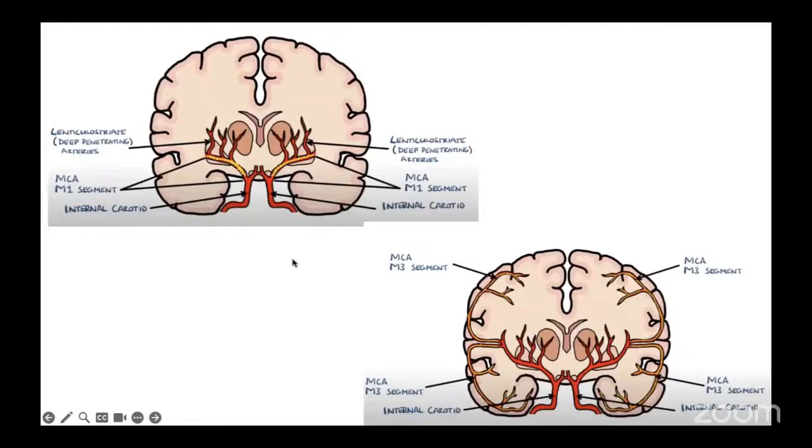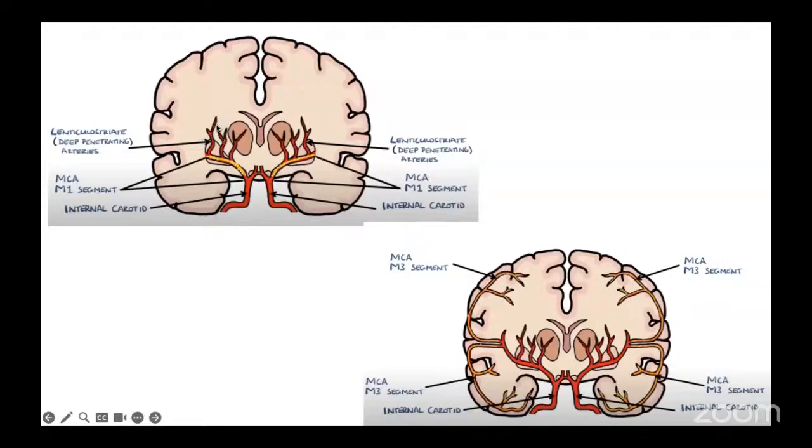Here we can see the internal carotid artery forms this initial segment, and then it continues as the M1 segment, M2, and M3. The internal carotid artery to the middle cerebral artery into M1, M2, and M3 segments. This is the M1 segment, which in the deeper part forms the deep penetrating artery and